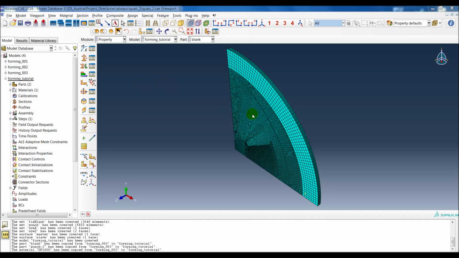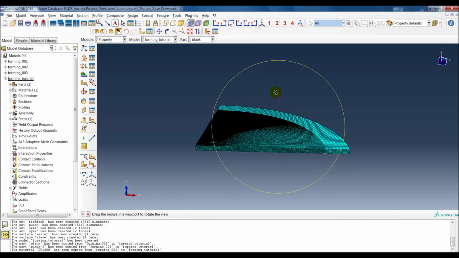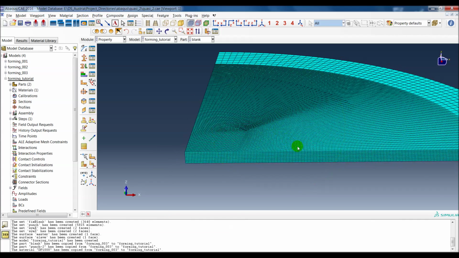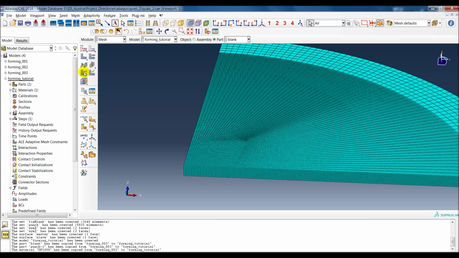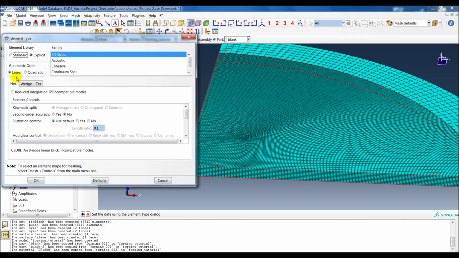So I've already defined the blank and the punch. This is the blank. We have quite a fine mesh, perhaps doesn't have to be so fine. And for the blank, I'll switch to the mesh module and show you that I'm using currently linear incompatible mode